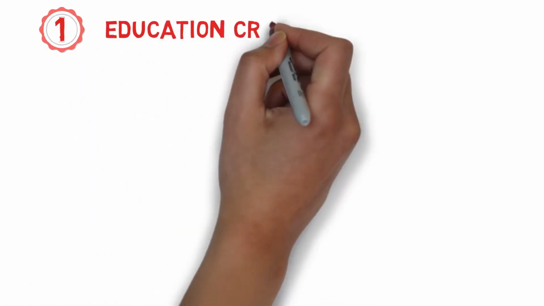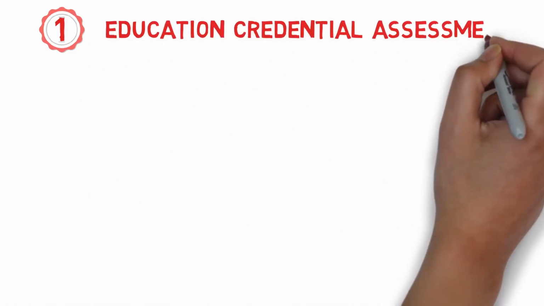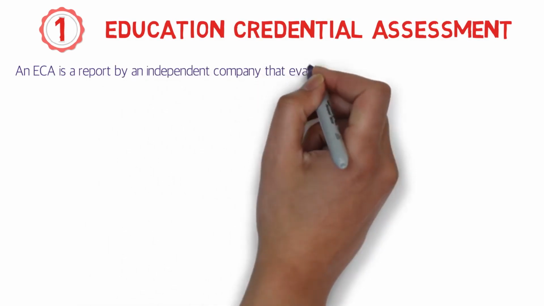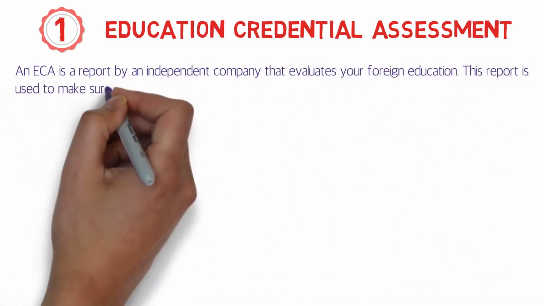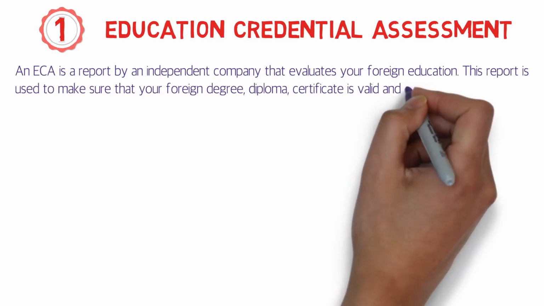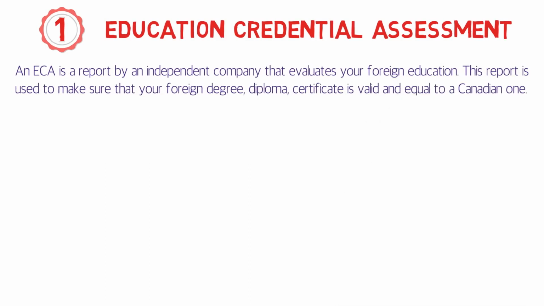Okay, so let's begin with the first one, Education Credential Assessment, or ECA. An ECA is a report by an independent company that evaluates your foreign education. This report is used to make sure that your foreign degree, diploma, certificate is valid and equal to a Canadian one. So mind it, your ECA is not done by the Canadian government, it's done by a few independent organizations,